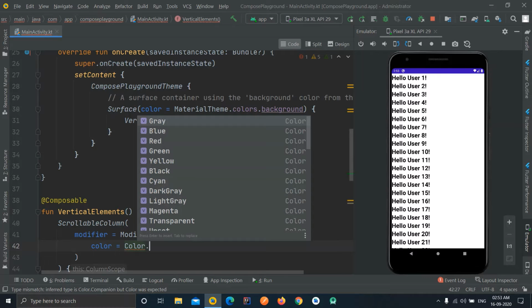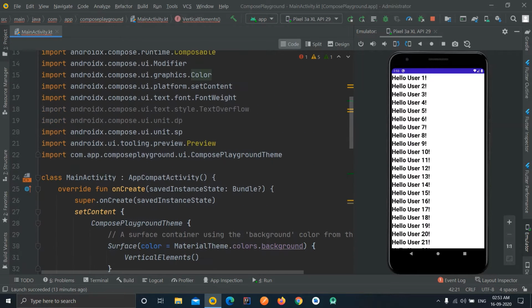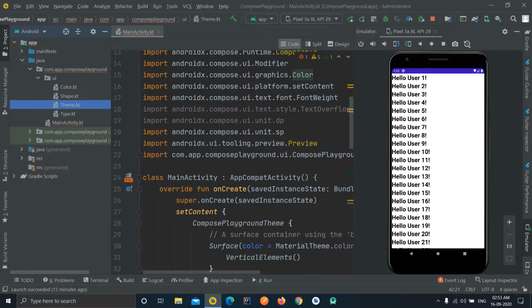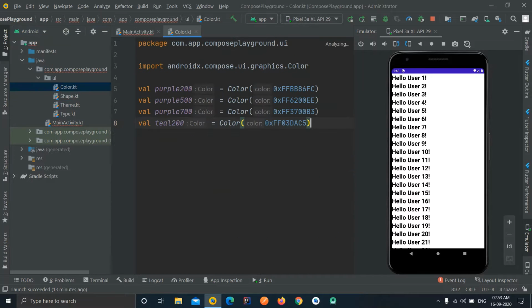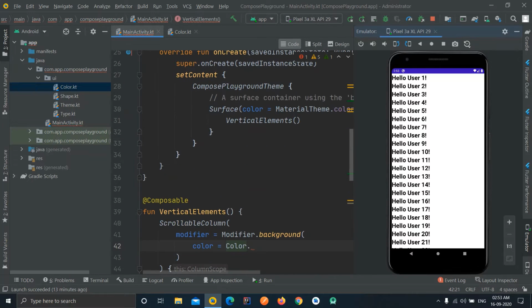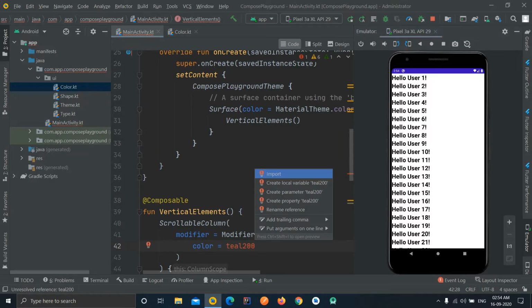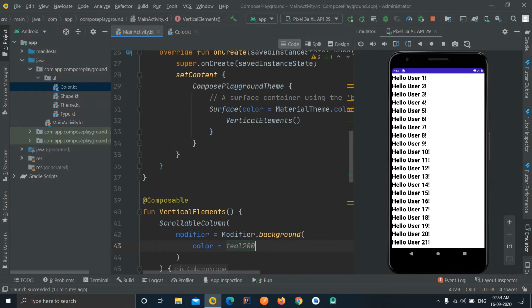These are some predefined colors, but if you want to use your custom color, like in the first video I have shown you, in the Color.kt file you can define any color. You can simply use any of the variables over here: I'm copying this variable and pasting it here, and Alt+Enter will import it.